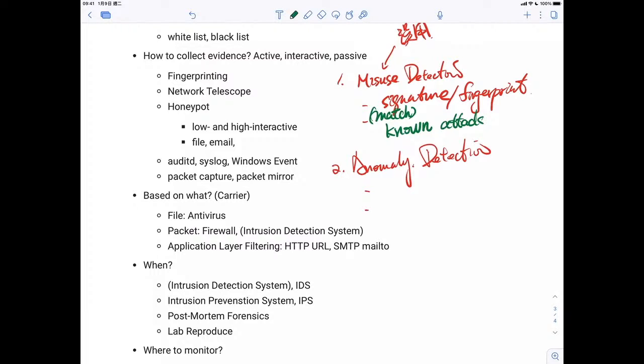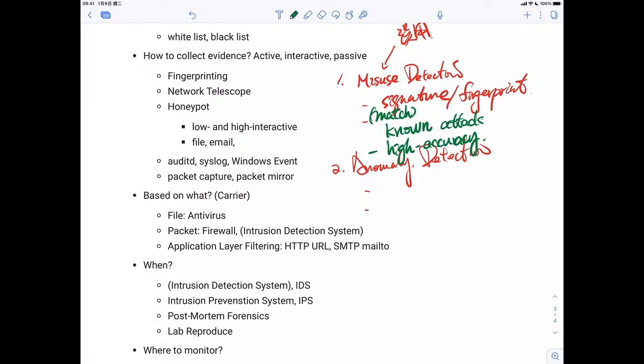So it has a very high accuracy. Because the signature, you can uniquely identify the incident, 对吧？因为它可以唯一辨识它嘛。